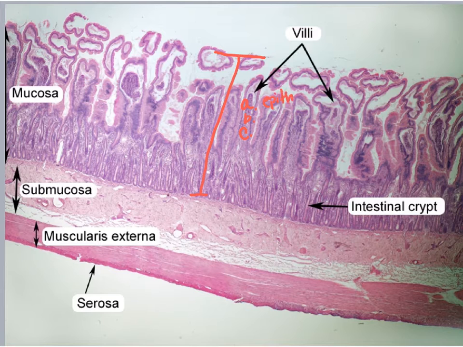They would have epithelium, lamina propria, and then the last one would be muscularis mucosa, right? So all 3 of those sublayers would be found in the mucosa,